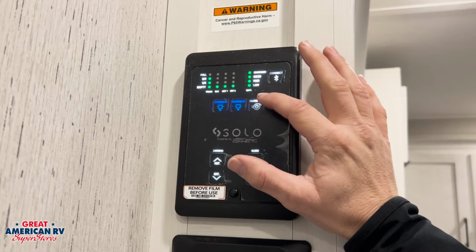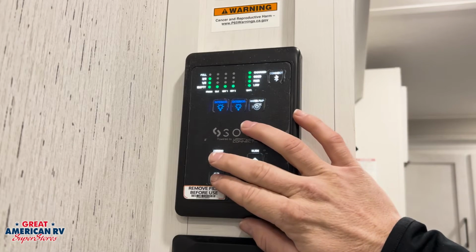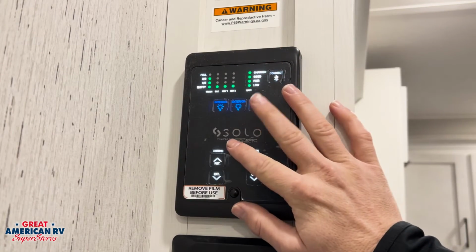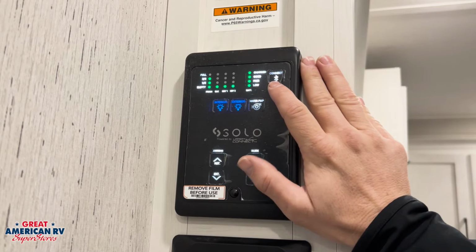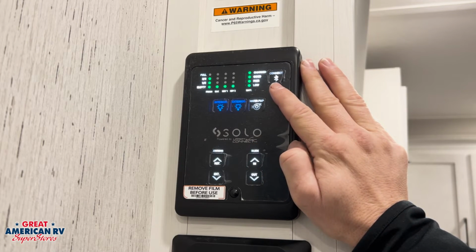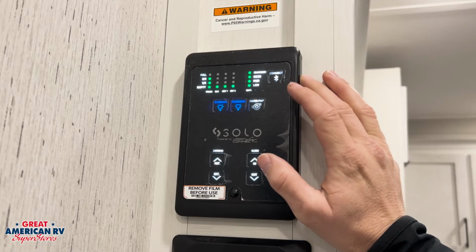Now, if we're hooked up to city water, we want that water pump off. That way we're not fighting against each other. And here we have our awning to run that in and out, and same thing for our slide out. All 12-volt control components. If we have any issues, we can go to our fuse panel to check the fuses in here. This is also capable of being connected to your Bluetooth on your phone. We can download the Lippert Connect app and we can Bluetooth it to our system and control some of these